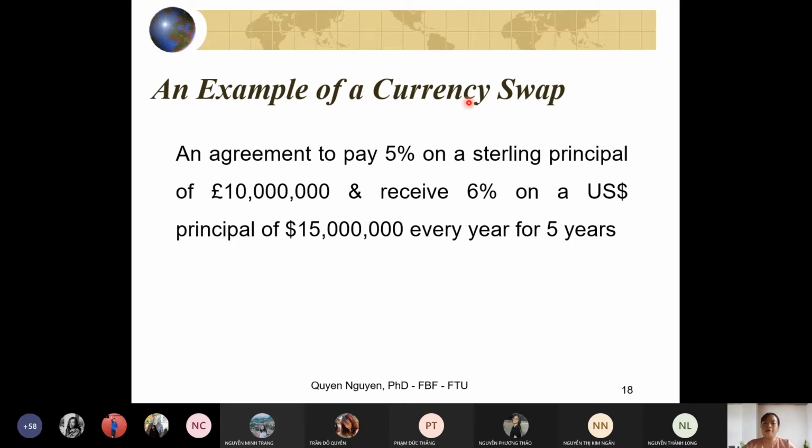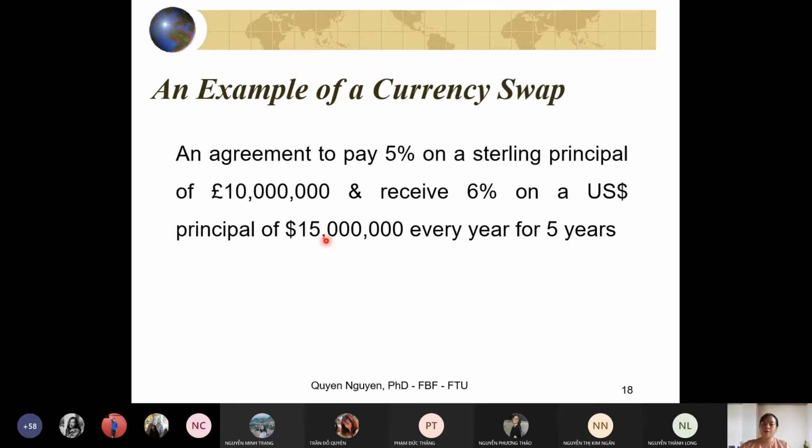The example of a currency swap would be the swap agreement between two parties to pay, for example, 5% on a sterling principal of 10 million pounds to receive 6% on a principal of 15 million US dollars. So this is the currency swap between